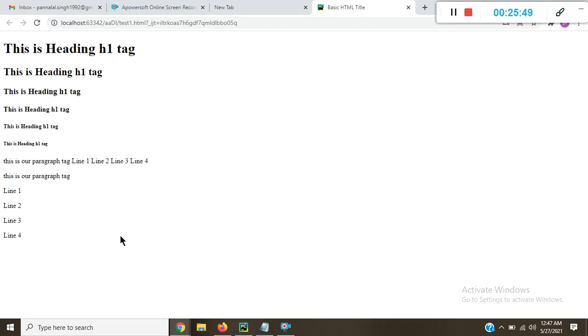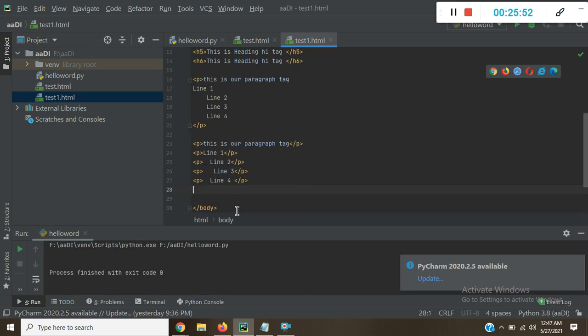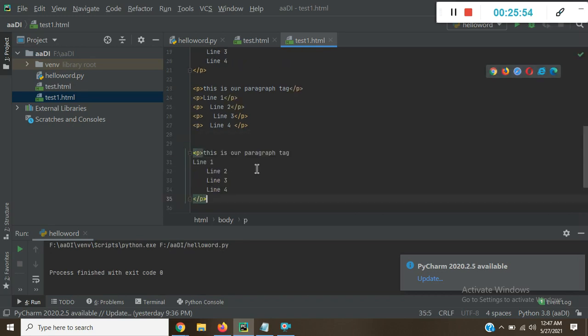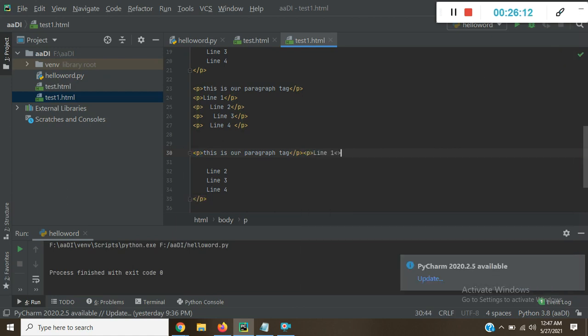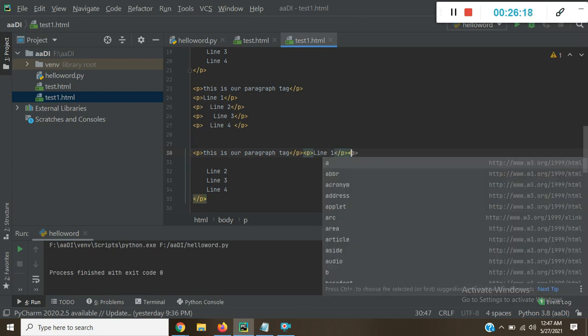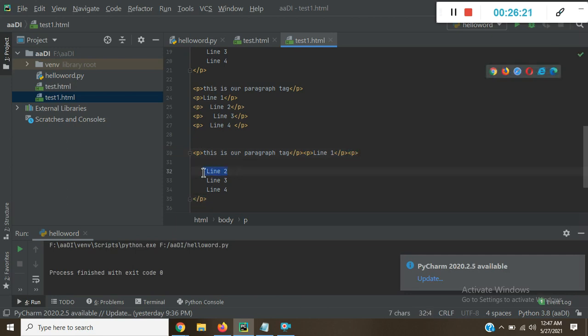Okay, suppose I just cut this with Control X, close the paragraph, and put this inside. Line 2.